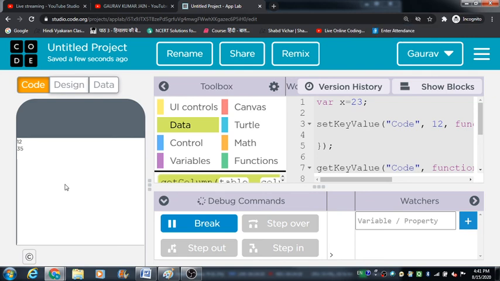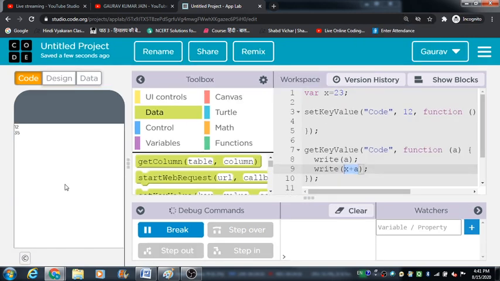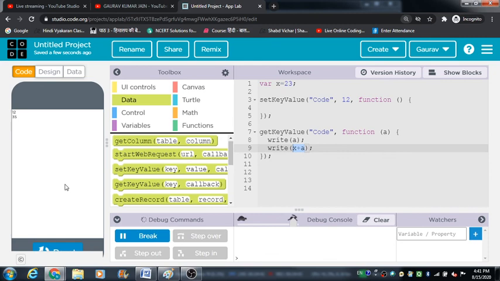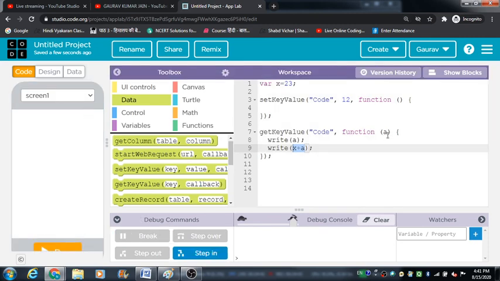Fine. So it means that if you want to use the value that you have defined for some key on the browser, you have to write all the functions and all the calculations inside this get value function.